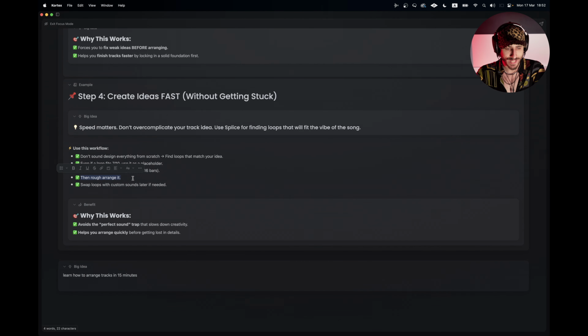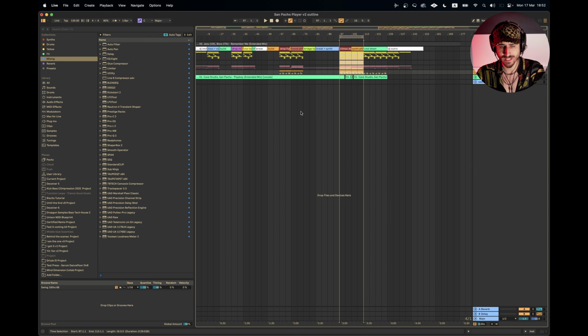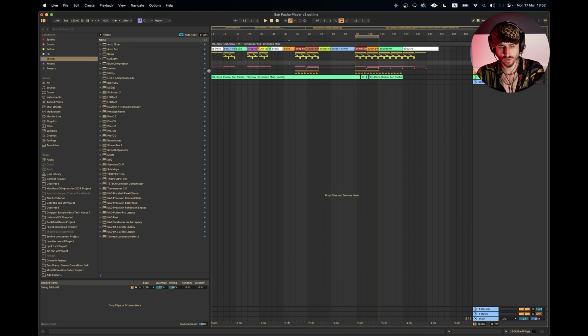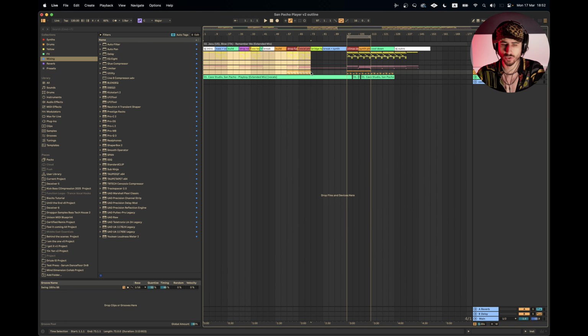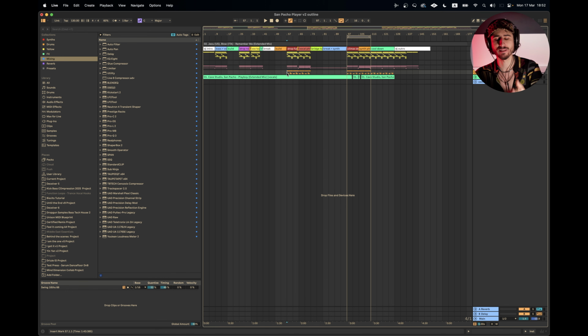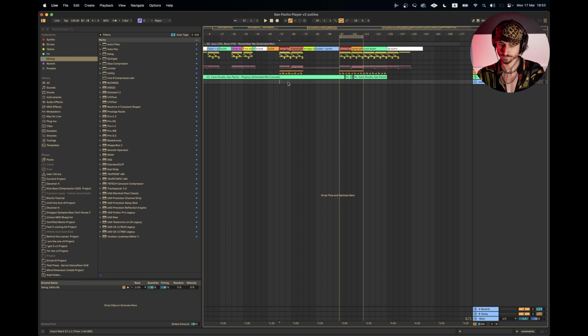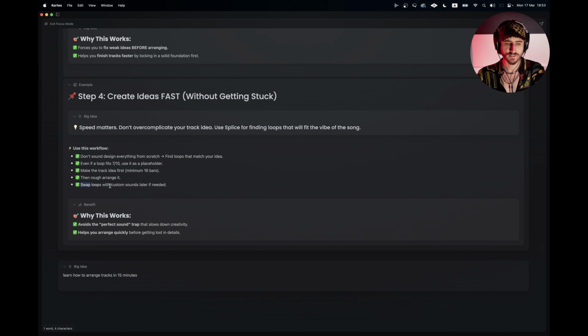Then after we do that, we do the rough arrangement, as I said in the beginning of the video. So you want to put a rough outline. Do not go too much into the details, just copy the elements. Okay, here we have the synths, here we don't have the synths, here we don't have the vocals, here we have the vocals, right? So do the outline. And after that, you can swap loops with custom sounds if that's needed. And I quite often do that, because